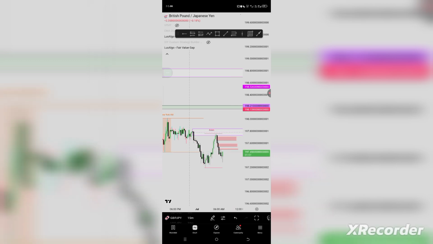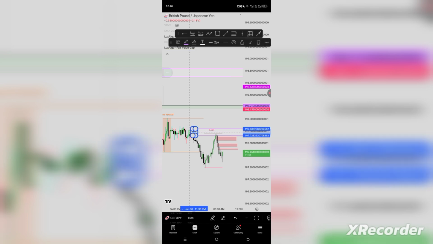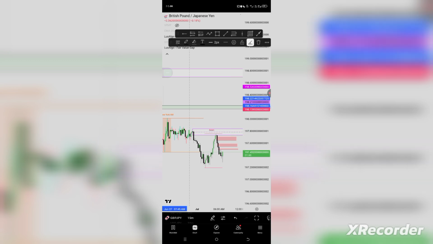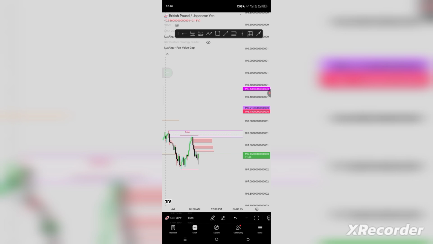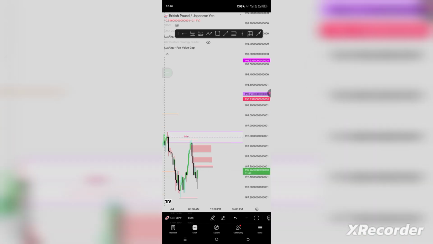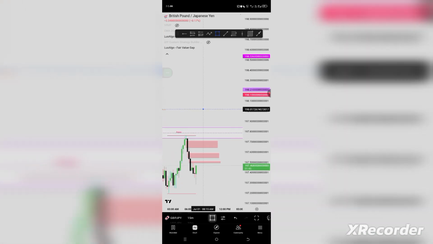So I'll not want to go with that. I'll look for fresh zones. I'll delete all that. The market has reacted off that level,